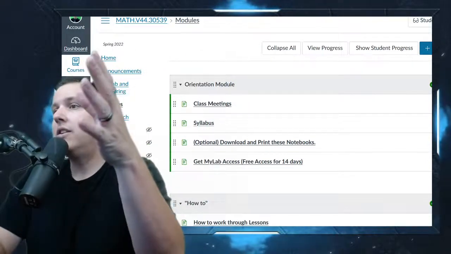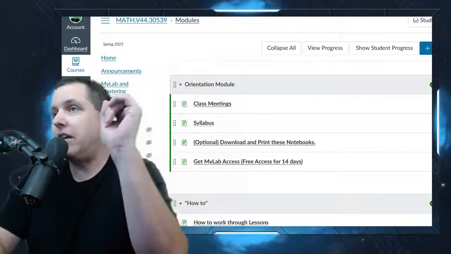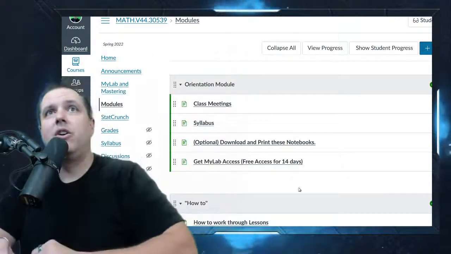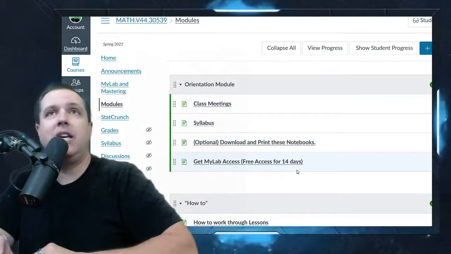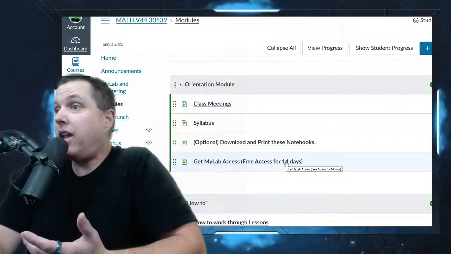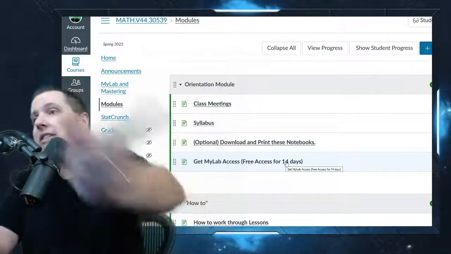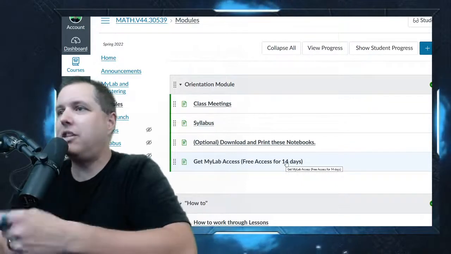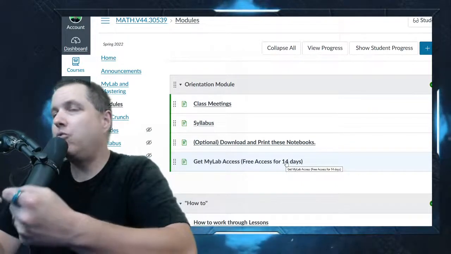You won't have zeros where a professor doesn't accept your stuff, right? Just turn it in a little bit early. Same thing here. Don't wait till day 14 to try to get your full access. Try on day 7, or better yet, day 1. Get your free access and then go contact the bookstore. Those are the students that end up getting A's because they do everything so well and where they're not stressed